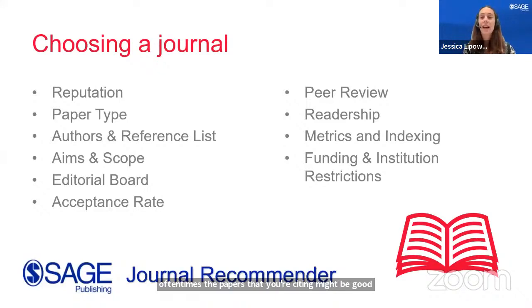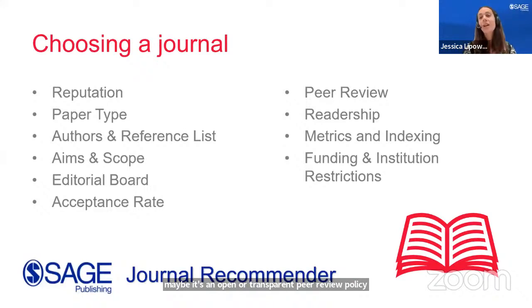You'll want to look at the type of peer review that is conducted. We'll have a whole separate webinar on how to navigate the peer review process as an author, but you'll want to look for the basics. Does the journal operate with single anonymous, where the identity of the author is known to the reviewers, double anonymous, where neither party knows one another, or maybe an open or transparent peer review policy in which everyone's identity is known?